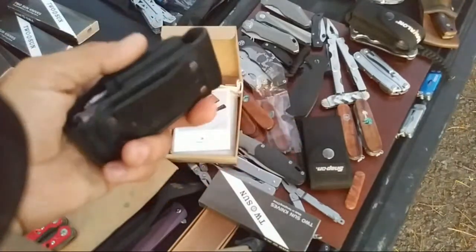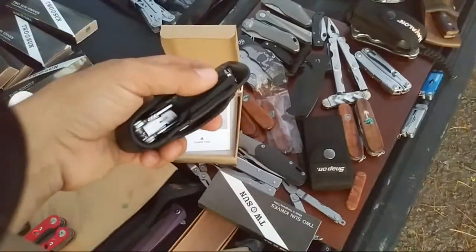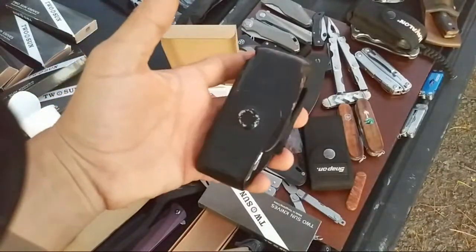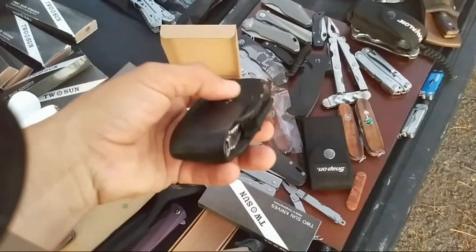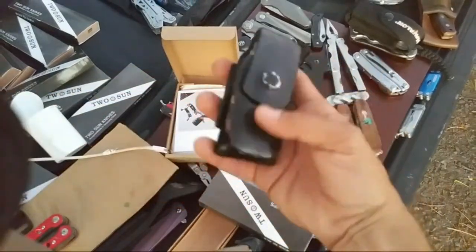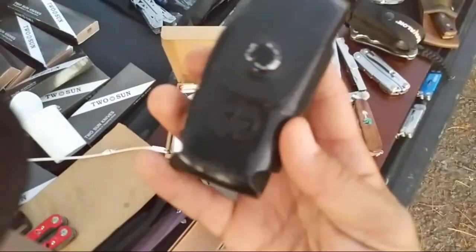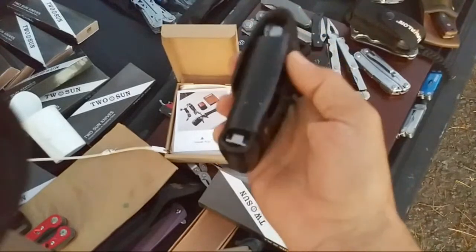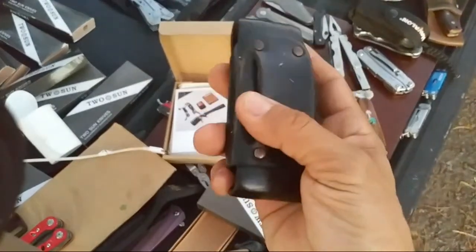I didn't used to carry it all the time. I'd just put it on my belt when I was working on something or whatever, but this one I actually have pretty much just left it on my belt full time since then. So if their wallet does anything like this and starts to kind of mold and form fit and whatever, dude,